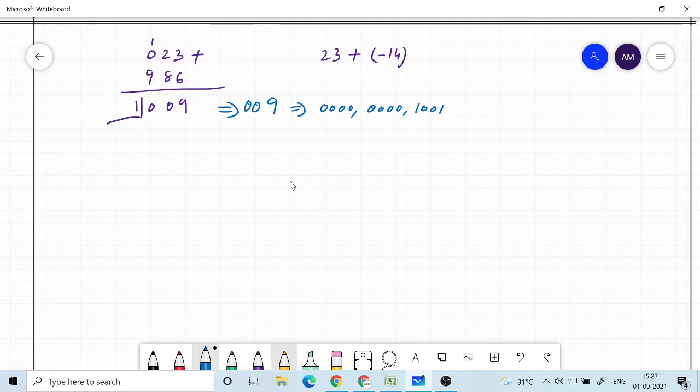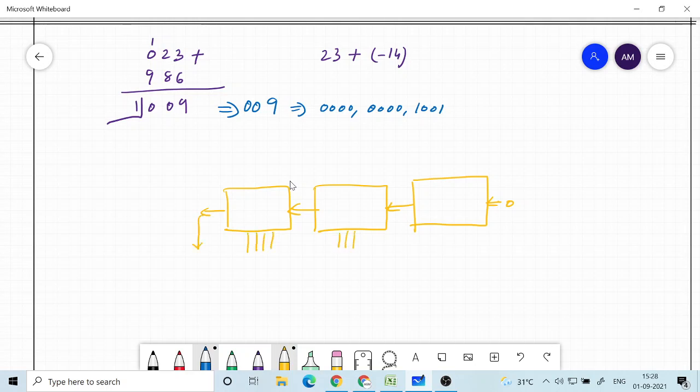If you look at the circuit, it will be like this. This carry will be given as 0, and this carry will be given here, and this carry is part of the result. Then you have a 4-bit output here, 4-bit output here, and 2 4-bit inputs.